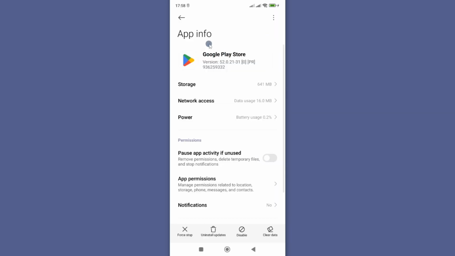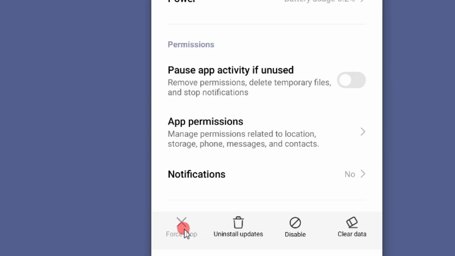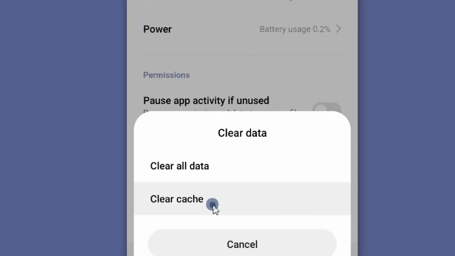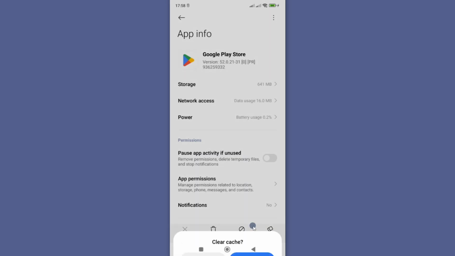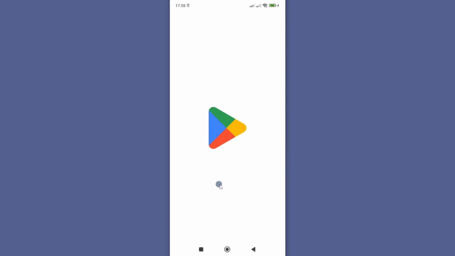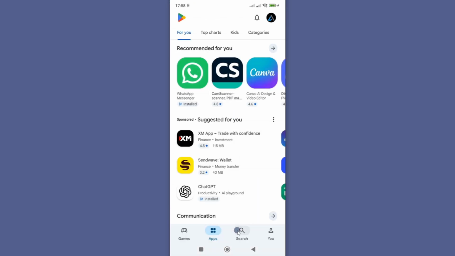Now here on Google Play Store, first go to force stop here and confirm. This will stop any background activities that might be causing the issue. Then you want to go to clear data and then tap on it and choose the last option, clear cache, and OK. Once you're done, restart your smartphone and now go to Google Play Store, open it and activate search,